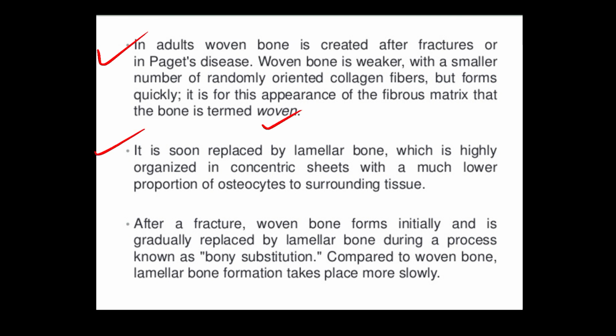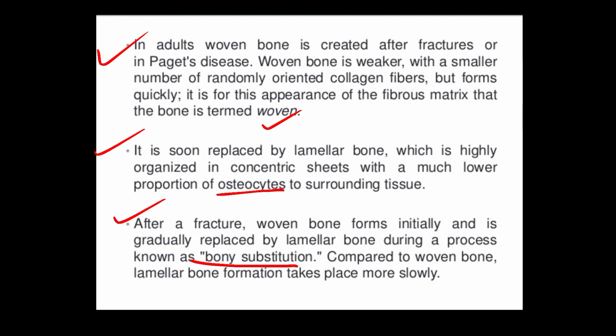It is soon replaced by lamellar bone, which is highly organized in concentric sheets with a much lower proportion of osteocytes to surrounding tissue. After a fracture, woven bone forms initially and is gradually replaced by lamellar bone during the process known as bony substitution. Substitution means immature bone is substituted by mature bone, and compared to woven bone,